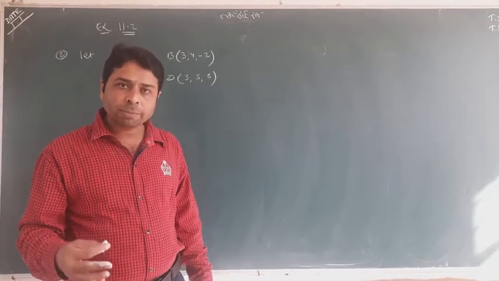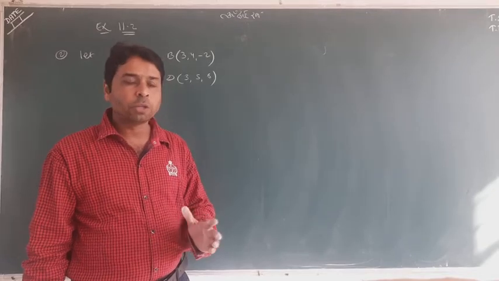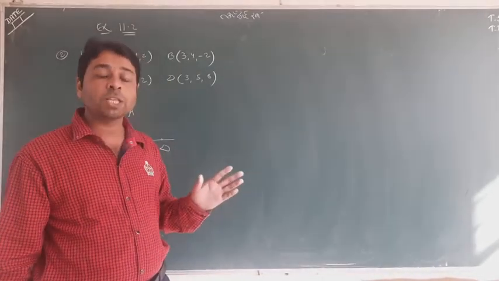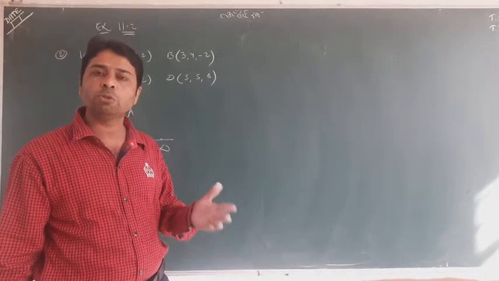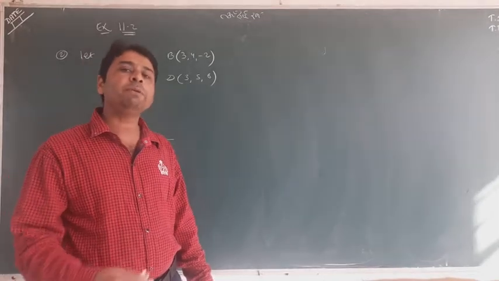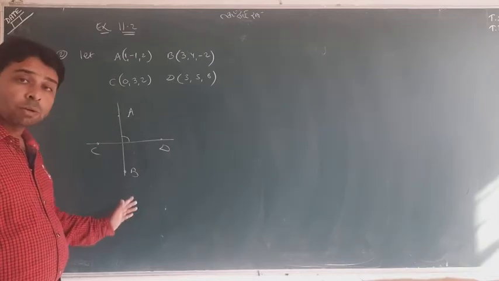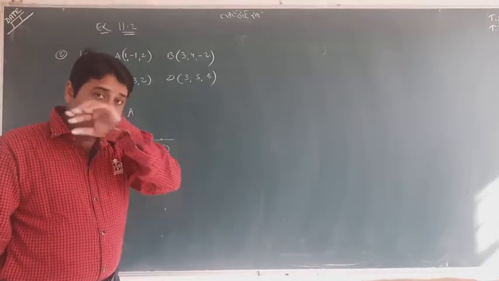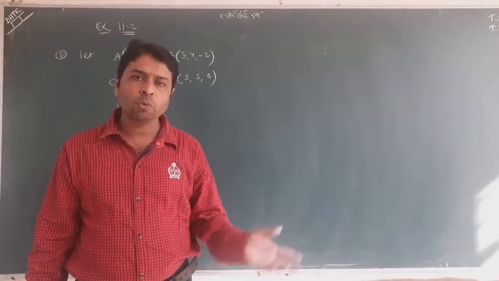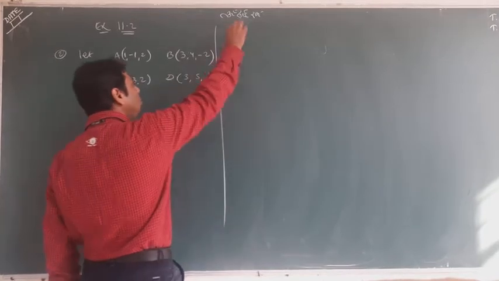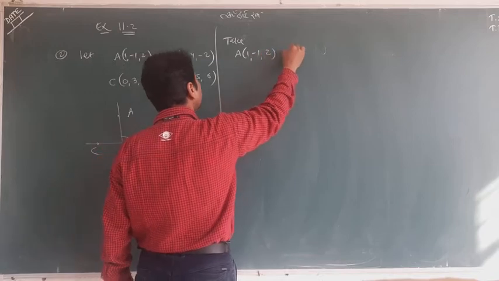If you don't know the concept, it will be trouble for you. So try to understand. You have to show your lines are perpendicular. What is the least condition? A1 A2 plus B1 B2 plus C1 C2 is equal to 0. This is the least condition. What is A1, B1, C1? What is A2, B2, C2? The ratios of the lines. Where is the first line? This is the first line. Well, the line is not given, okay, no worry about that. When the line is not given, you can find the ratio. So first of all, I tell you how you find the ratio. Look at taking A as this one and B as this one.